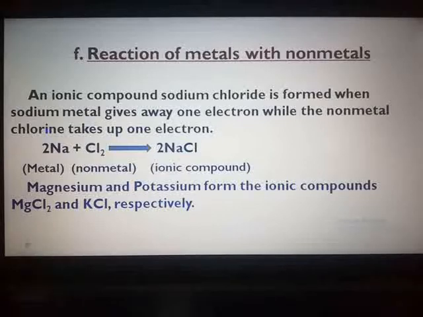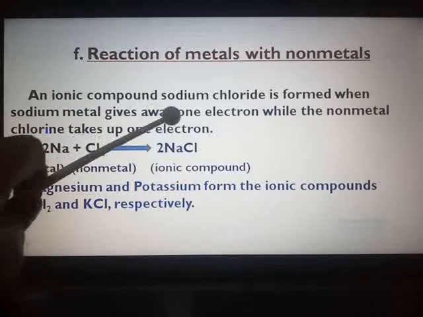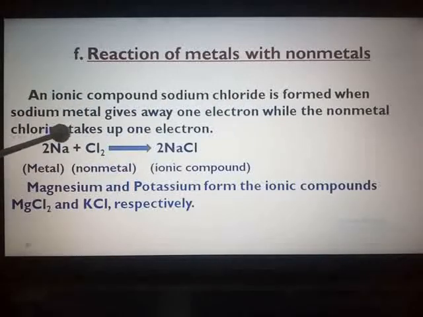To attain the electronic configuration of the nearest noble gas. Now how do the metals do this? They do it by losing electrons, while non-metals, for example chlorine, do it by accepting or gaining electrons. So here you can see an example. An ionic compound, sodium chloride, is formed when sodium metal gives away one electron while the non-metal chlorine takes up